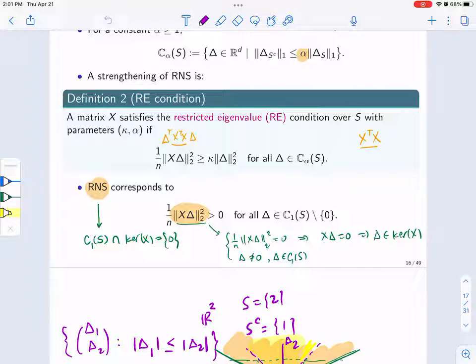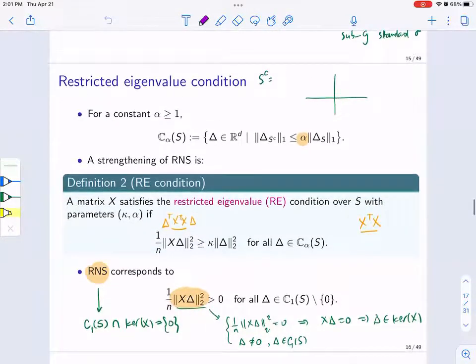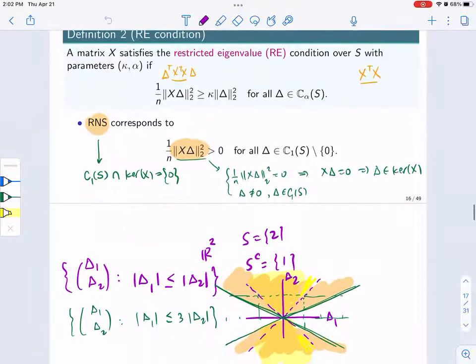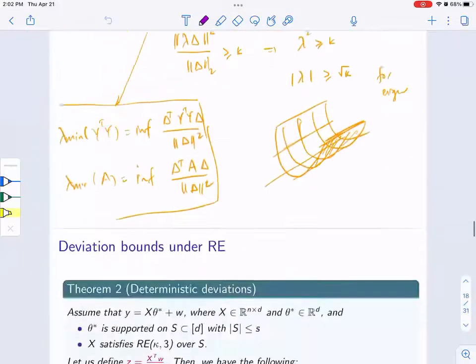So I'm going to go over the proof of the result that we had. It would become a little more clear where this comes from. This is inspired by that argument about the restricted null space property, but we're not going to use that. We can use this property to prove the result that we want directly. So the result that we had was